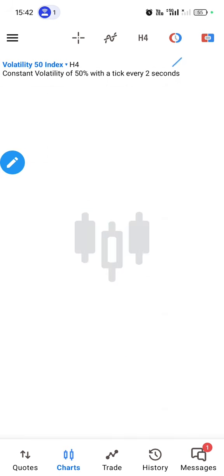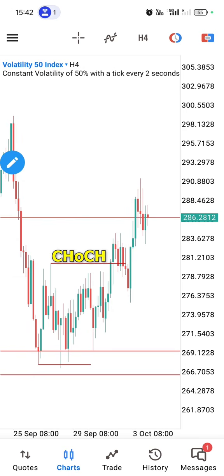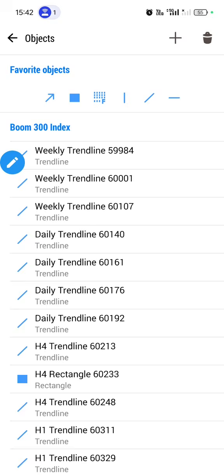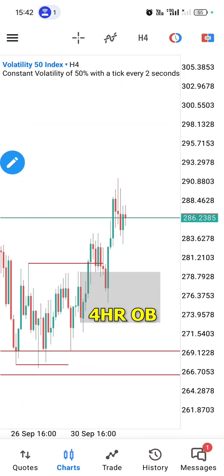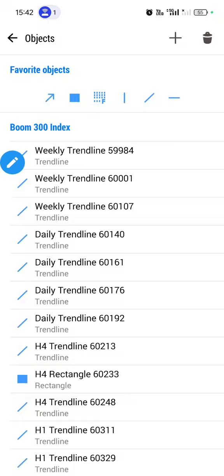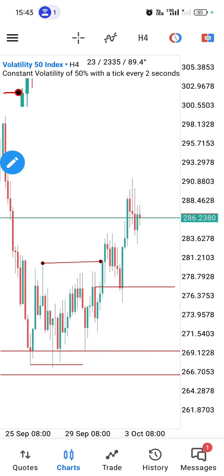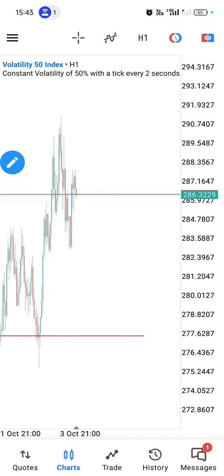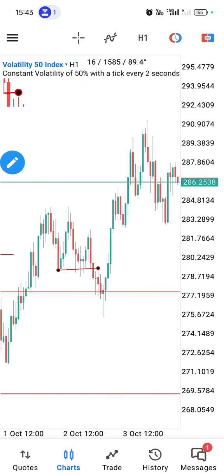Now after that, it confirmed by giving us a change of character right there, and then after it gave us a change of character, it went on to respect our 4-hour order block. So after it respected the 4-hour order block, it just continues moving up. Now what's interesting, and on the 1 hour I'm going to show you, it broke structure right there,